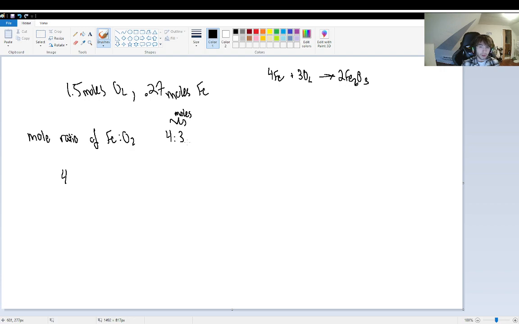Equal to 3 moles of oxygen, which means in order to react this 4 moles, this is what's required. So if I have 0.27 moles of Fe and